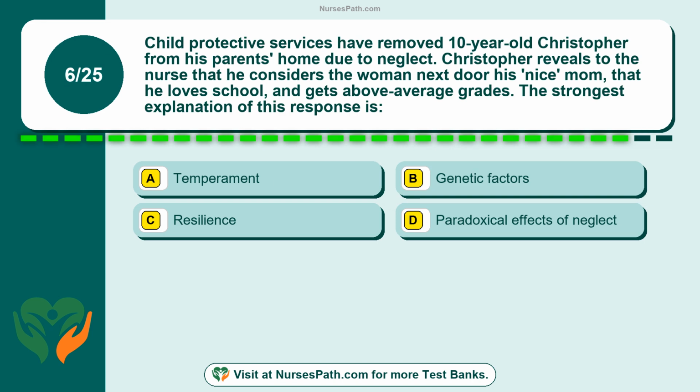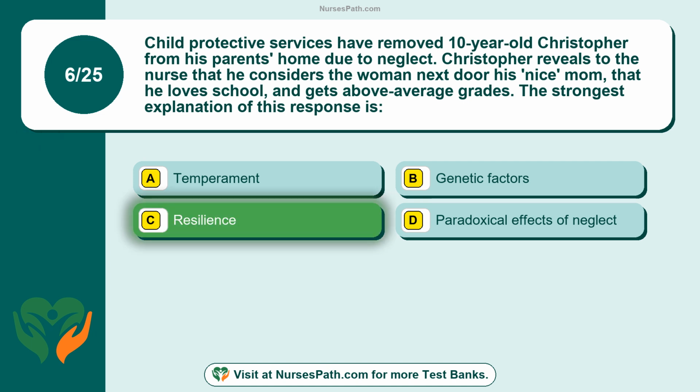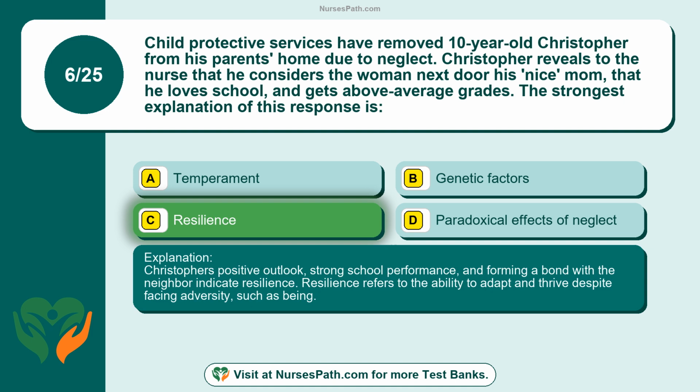Question 6. Child Protective Services have removed 10-year-old Christopher from his parents' home due to neglect. Christopher reveals to the nurse that he considers the woman next door his nice mom, that he loves school, and gets above-average grades. The strongest explanation of this response is Option A, temperament. Option B, genetic factors. Option C, resilience. Option D, paradoxical effects of neglect. The correct answer is option C, resilience. Christopher's positive outlook, strong school performance, and forming a bond with the neighbor indicate resilience. Resilience refers to the ability to adapt and thrive despite facing adversity, such as being